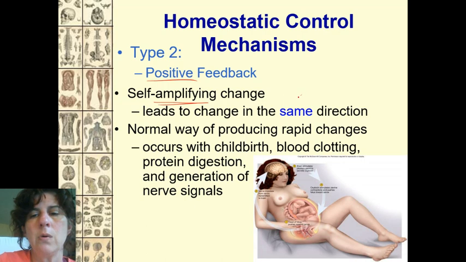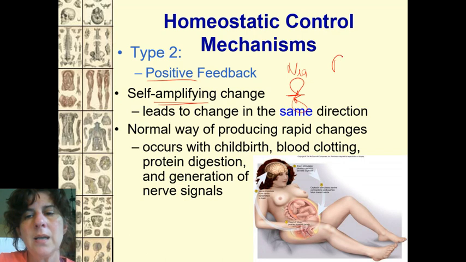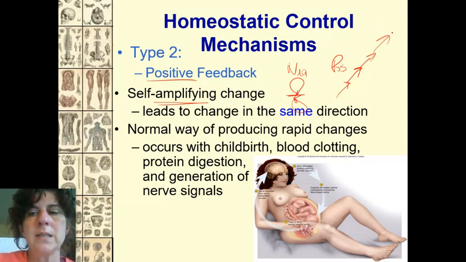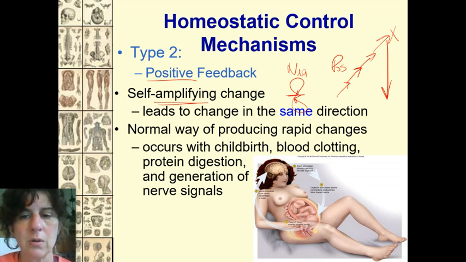In other words, with negative feedback, here's negative feedback right here, if I go away from normal, I'll come back down. If I go down, I come back up. So I'm always coming back to this set point right here. With positive feedback, if I go away from normal, it actually tells me to do that again. Go a little bit further from normal and go further from normal and go further. So I keep amplifying that response. Once that crisis is over, whatever it is I'm trying to finish, then I'll come back to normal. But I have to get to that point of finishing whatever it is I'm trying to finish, okay?